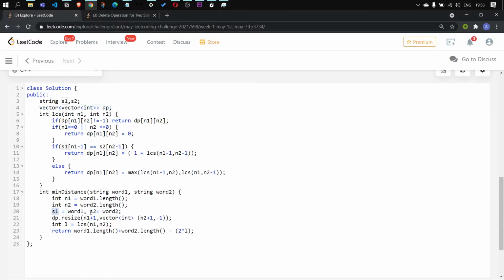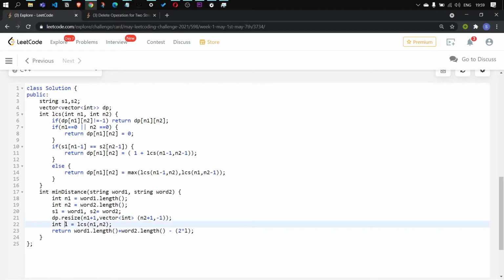So now let's see. I'm assigning the global variables to these local variables, and I'm also resizing the dp array. This dp matrix is resized in such a manner that the number of rows is equal to n1 plus 1, because the word length can vary from 0 to n1. So from 0 to n1 there are n1 plus 1 possibilities. That's why I'm doing n1 plus 1. For the number of columns the same logic goes. The length of word2 can be from 0 till n2, as the word decreases in the recursive call. So it is n2 plus 1, and we are initializing it with minus 1.